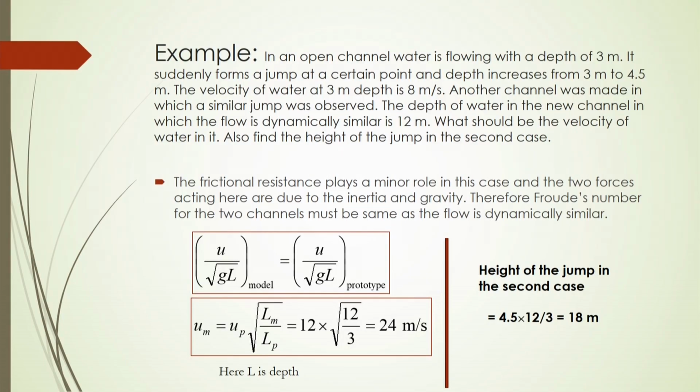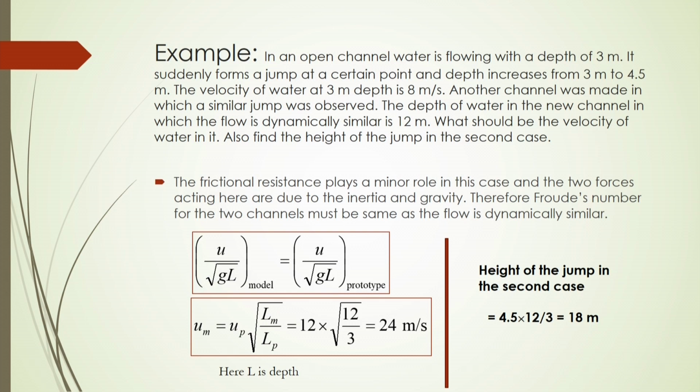In an open channel, water is flowing with a depth of 3 meter. It suddenly forms a jump at a certain point and the depth increases from 3 meter to 4.5 meter, and the velocity of the water at 3 meter depth is 8 meter per second. Another channel